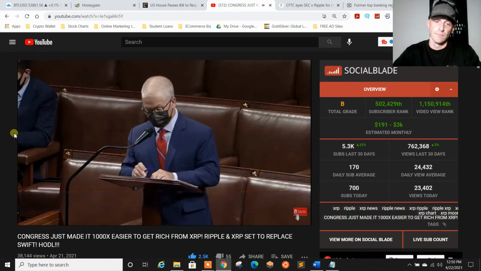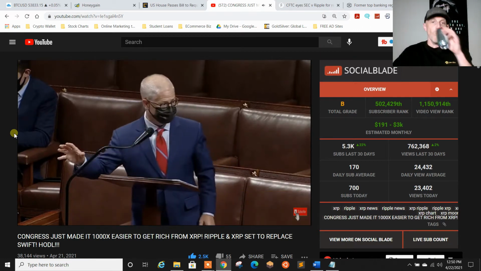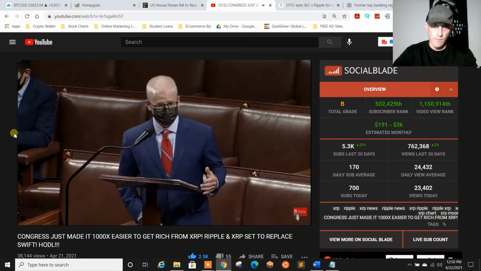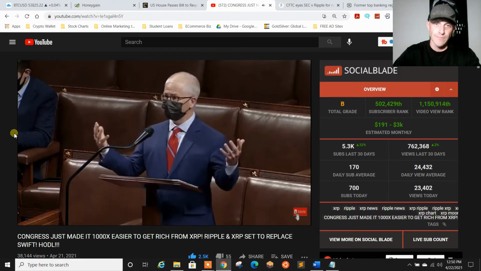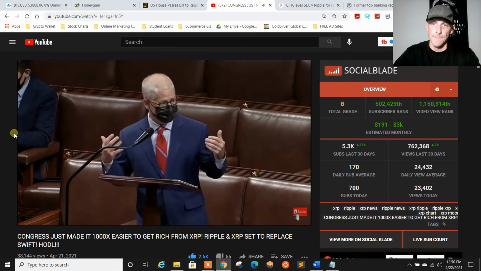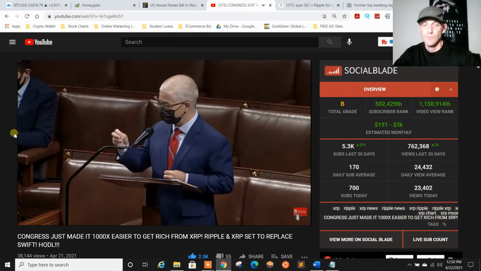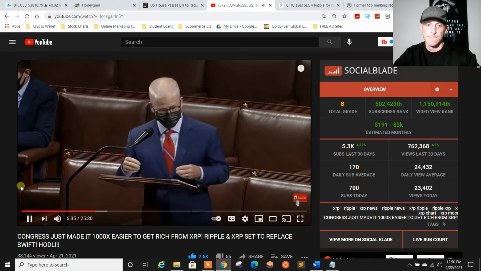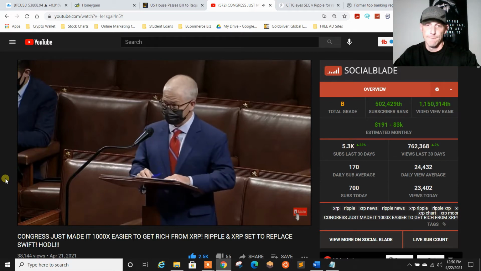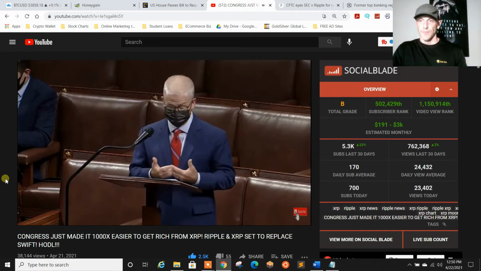What we see with the CFTC is that everything is a commodity in their worldview. And the Securities and Exchange Commission thinks, well, you're close, everything's actually a security. And so they each want to regulate something that is not in their nature to regulate, or not in the substance of their capacity to regulate. And so we have neither fish nor fowl, neither security nor what the Commodities Futures Trading Commission wants to regulate in their world. And so you have neither fish nor fowl when it comes to this new creation of